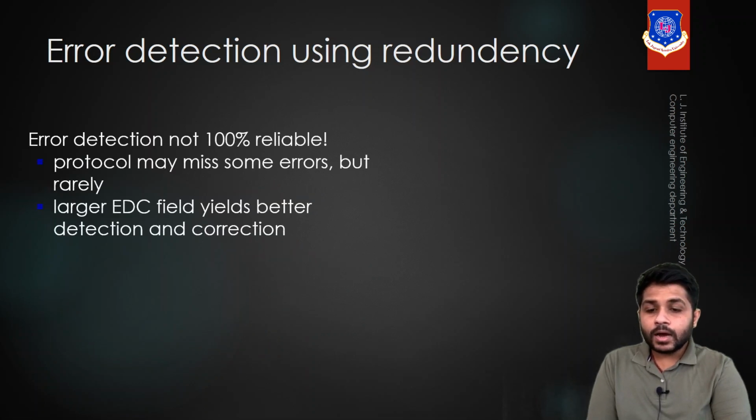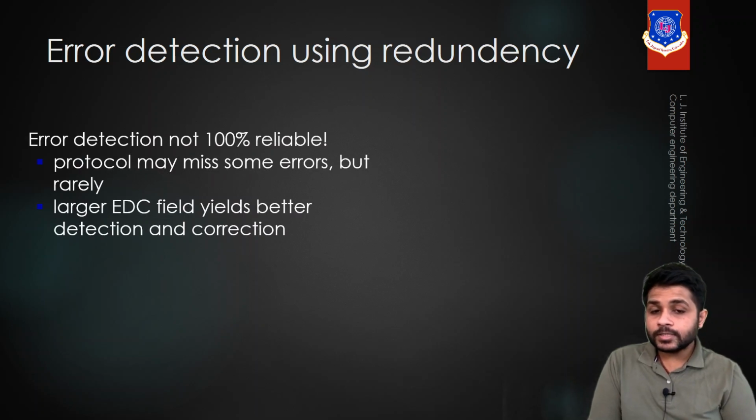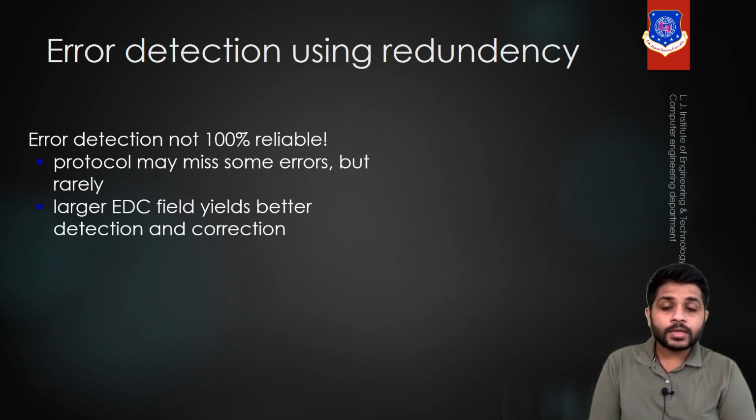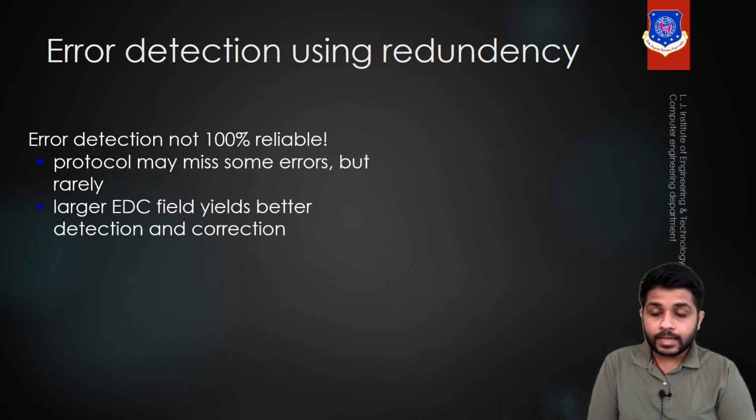So there are some flaws in the redundancy method. The redundancy method is not 100% reliable. Why is it not 100% reliable? Because we are assuming that the error will be added in the original data and not in the extra data. So we are assuming that all the errors will be added to the original data and no error will be added in the extra data. But that is not possible in a real life scenario, right? Because in real life, the error can be added in both portions. So that is why the redundancy method is not 100% reliable.